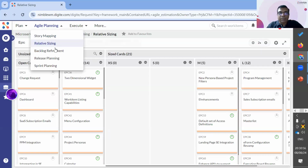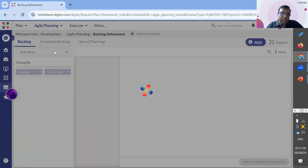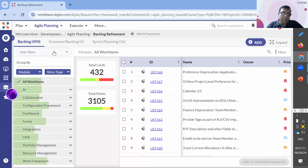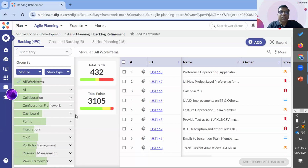Now, one key aspect in a visual paradigm is once you break down your work and estimate it, it forms a backlog. Now, I have a limited capacity available. My team is able to deliver only a specific capacity of work on a weekly basis. So, how do I prioritize my requirements and make sure that I am able to deliver maximum value to my customers? For example, you will be able to see the percentage of work that has been completed across